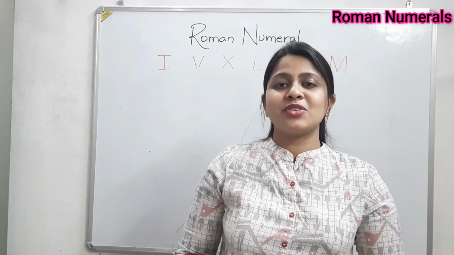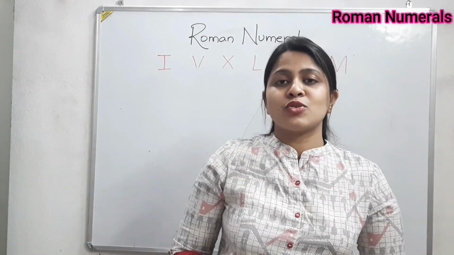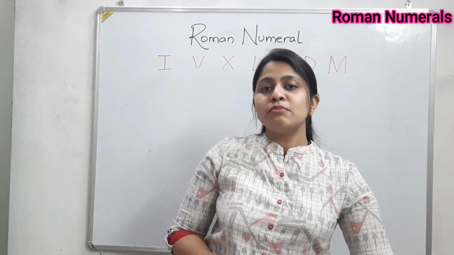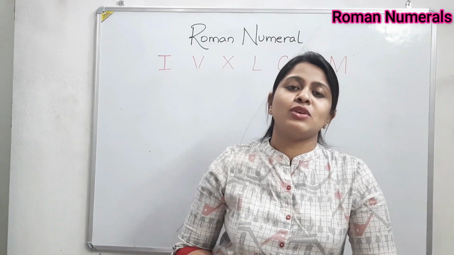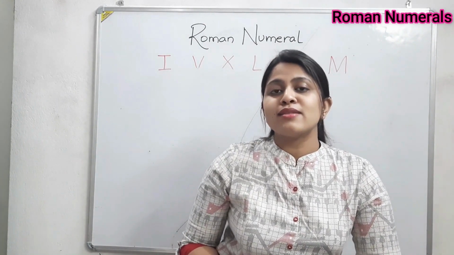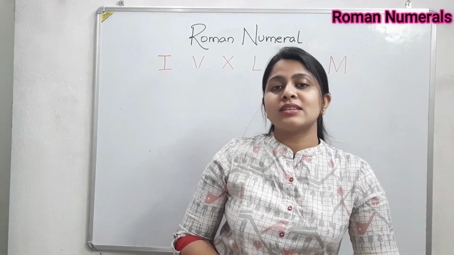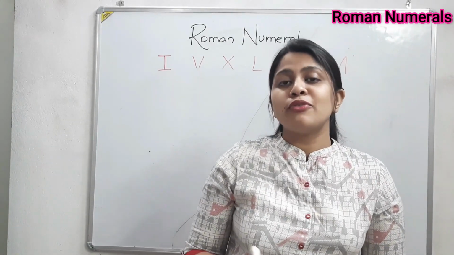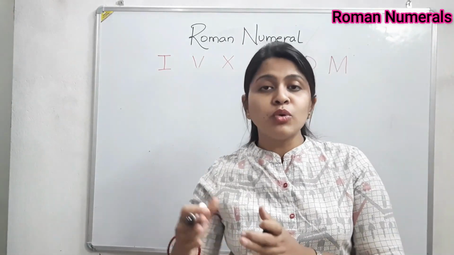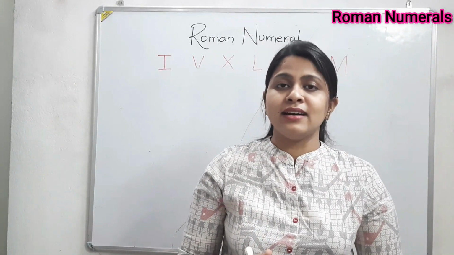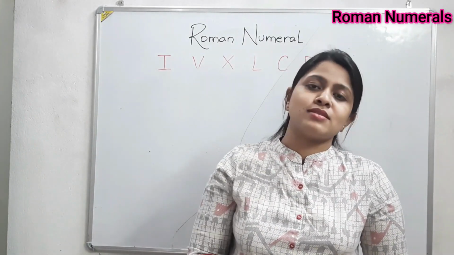So today we are going to talk about the Roman numeral system. Okay, so what is the Roman numeral system? The numbers which we use in our daily life, the counting numbers or natural numbers, are called the Hindu-Arabic number system. In ancient times, people used different ways to represent numbers, but one of the most famous and most used number systems is the Roman number system.